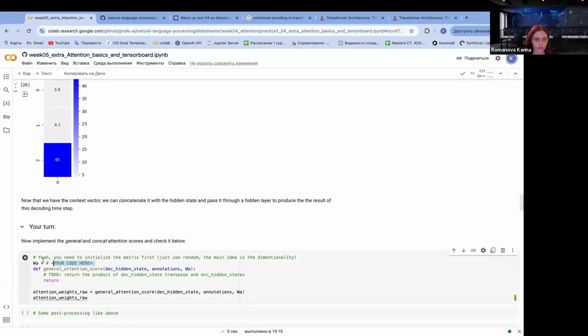Here we need just print something like randomized, random, something like this one, and general score would be dot product of